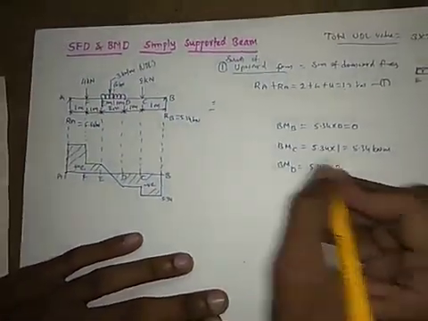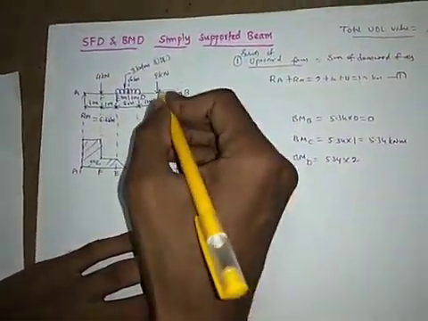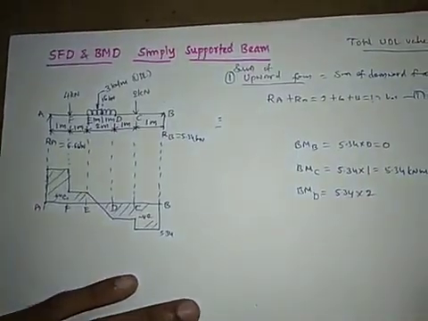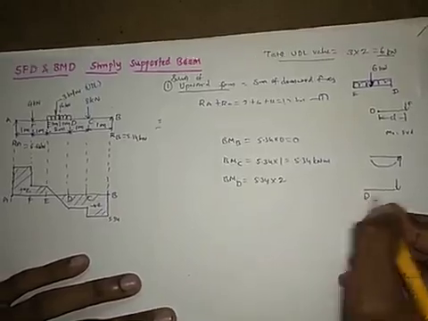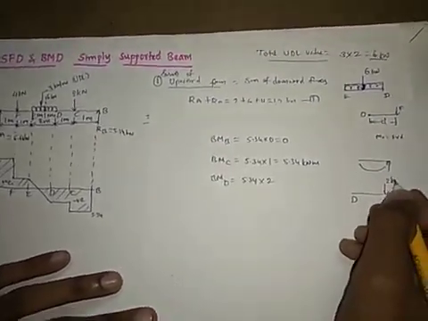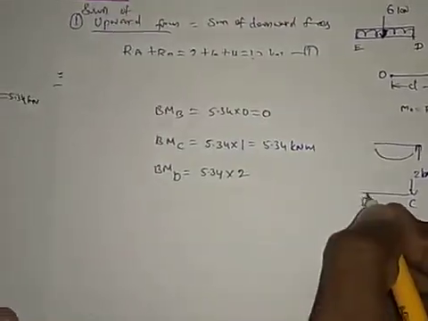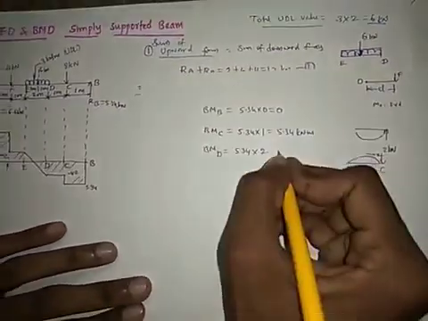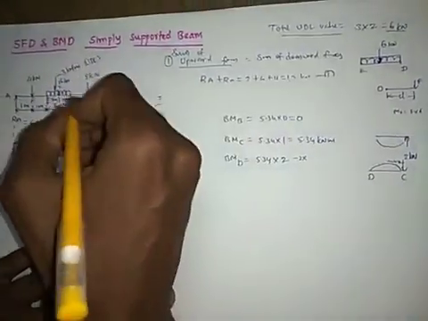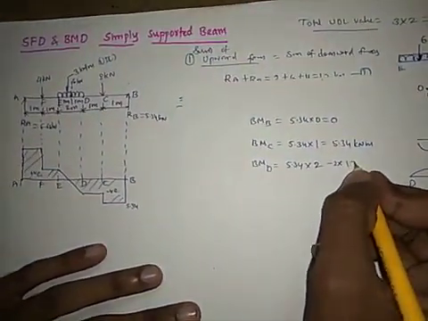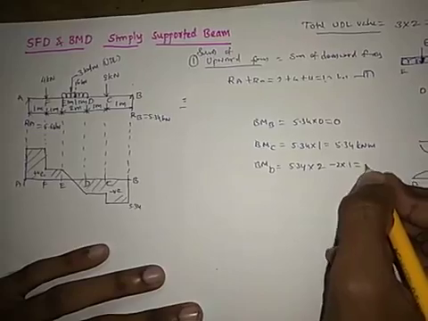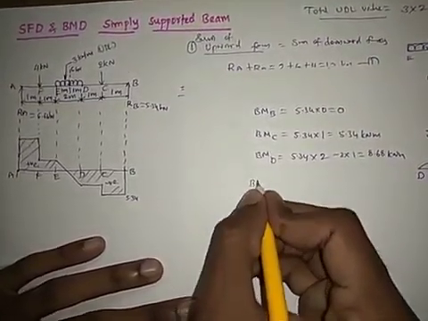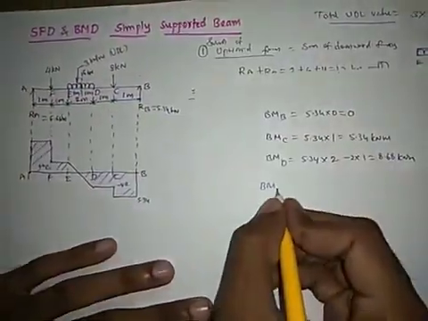2, and this is over. Next, come from the next load, that is 2 kilonewtons. 2 kilonewtons will create hogging. So if you see here, C is there, we require at D, the 2 kilonewton is acting like this, so this will create hogging, that is negative. So you have to write minus 2 into distance 1, and this value will be 8.68 kilonewton meter. And next, the bending moment at the next key point E.